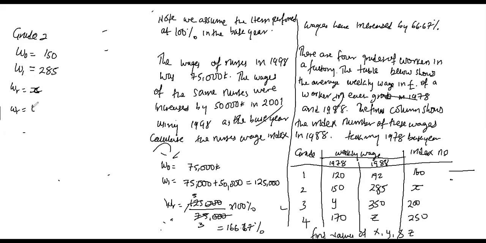So the wage relative is equal to the wage in the current year over the wage in the base year times 100. Which gives us